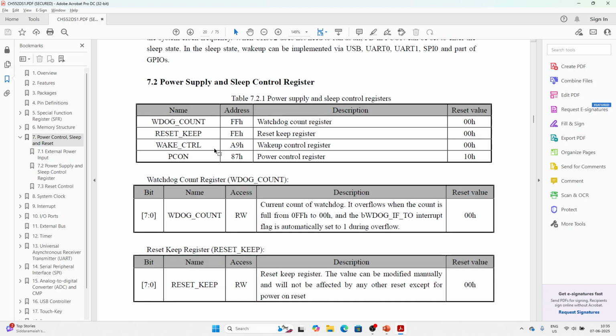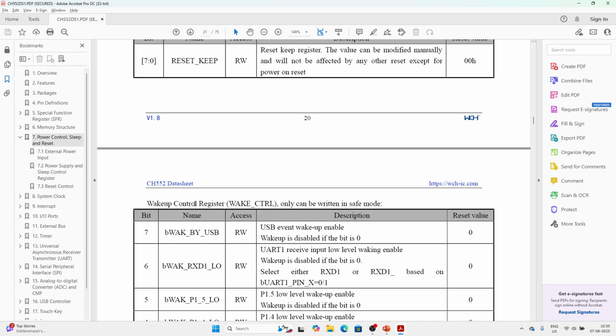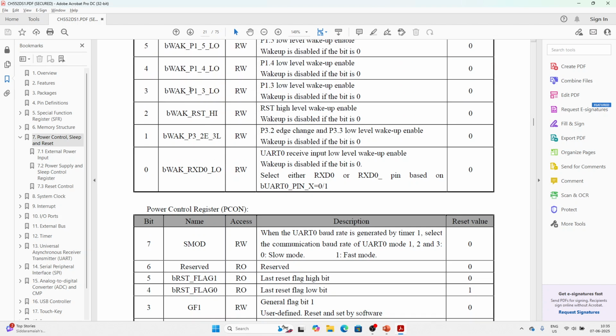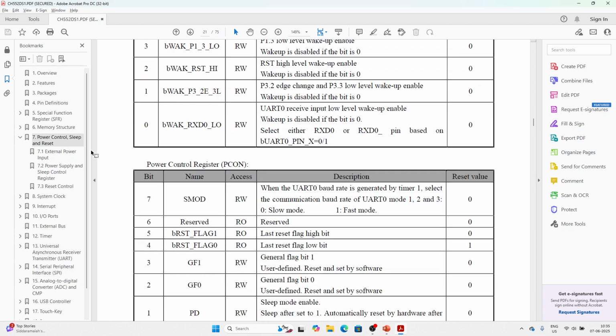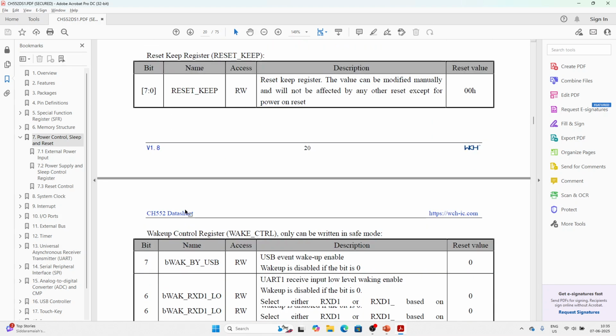So here this talks about watchdog counter, reset, wake control, power control register, things like that, which are not very important for the design per se, but they would be important when you program. How do you want to take care? Do you want to put the system on sleep mode? When should the system get woken up? Right? Things like that. So here it talks about bitwise operator or bit